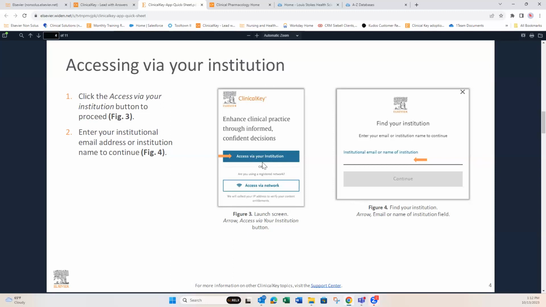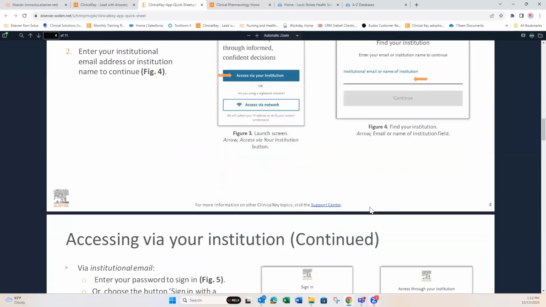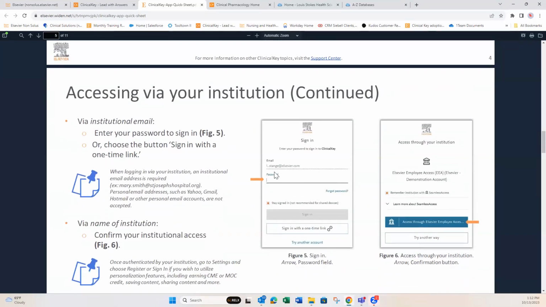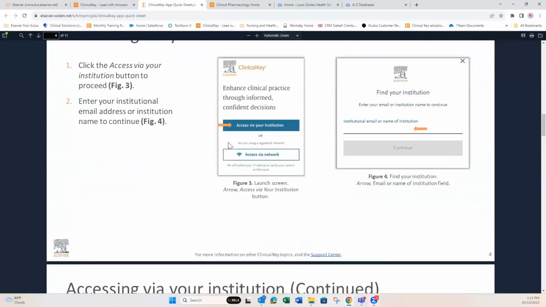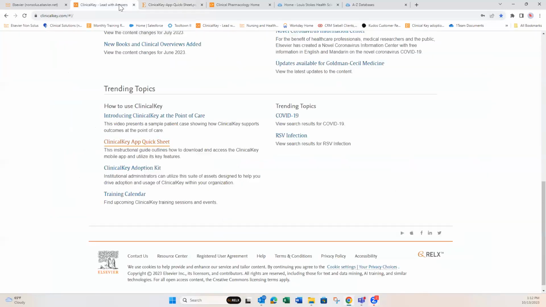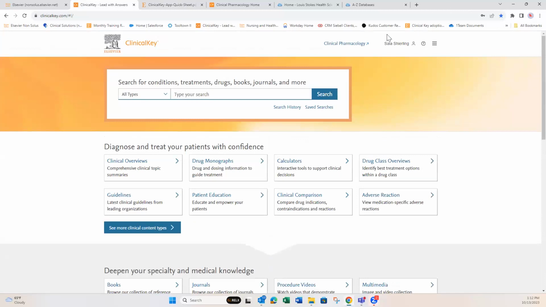Access via your institution. You're going to put in your email that you just used to register with, and then it should just walk you through this next step asking you for that password. And that password is going to be the one that you just created. So we'll go over that. Maybe Jeremy can be the contact if anyone's having any struggles. And then if he needs to reach out to me over the next few days, I'm always happy to get on a Teams or Zoom meeting and walk through with anybody. But it works pretty straightforward, provided you first created this account,